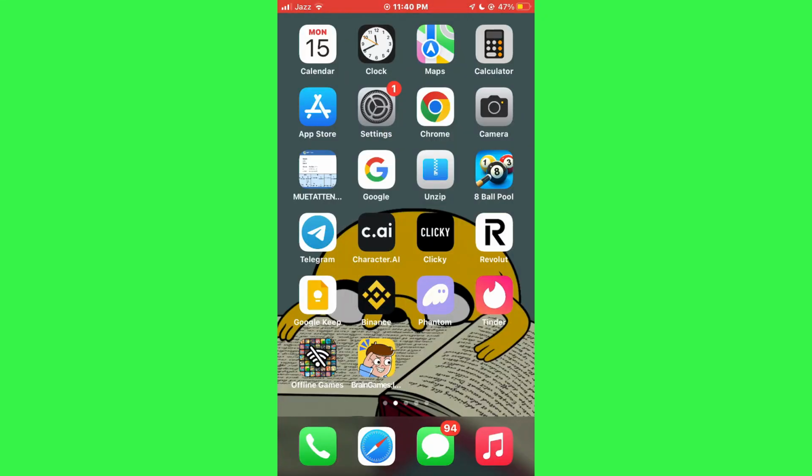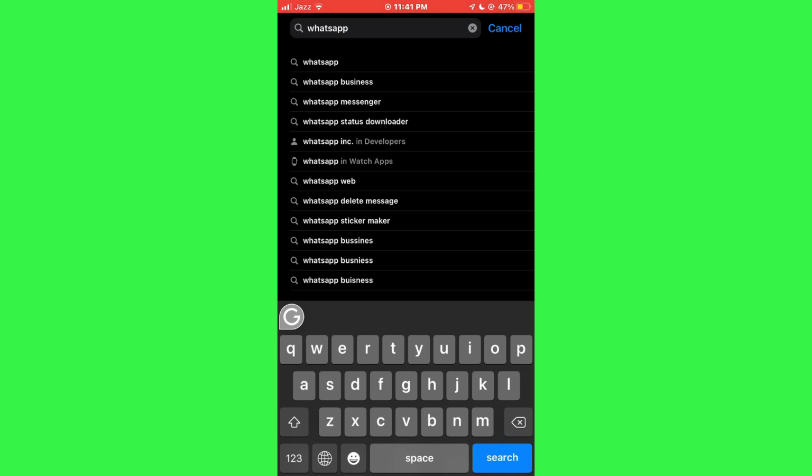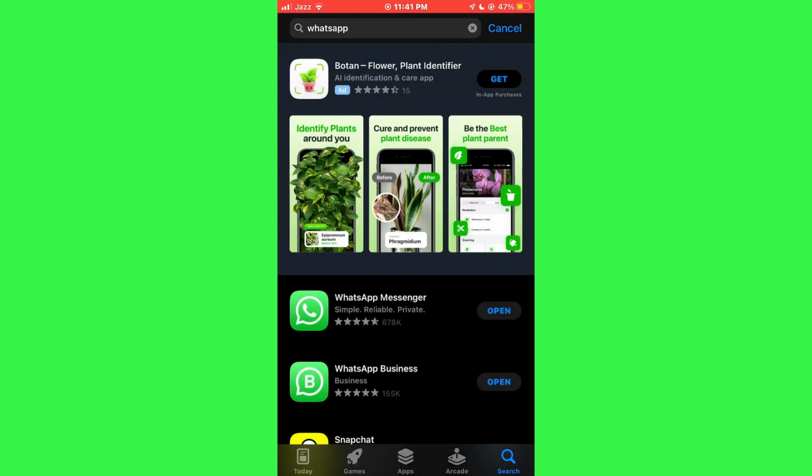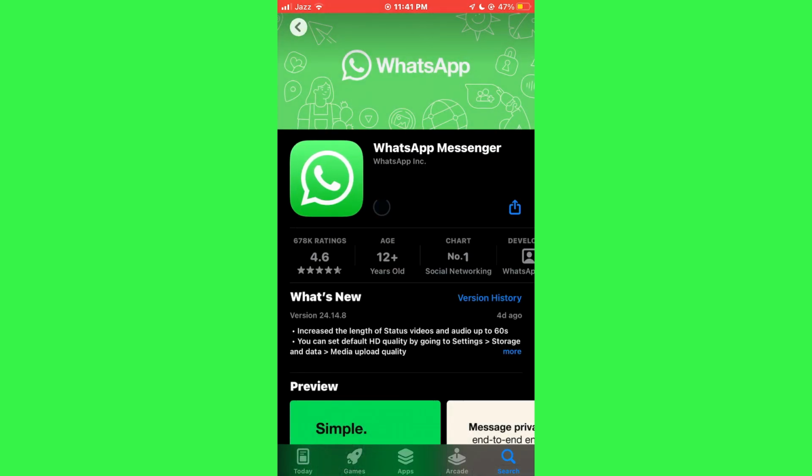First of all, make sure that you have the latest version of WhatsApp installed on your device, because having an outdated version could not give you one of the latest features, which is of course Meta AI. So do a quick search of the WhatsApp application on the App Store, and make sure as well that you have the latest version of this application installed. If you do have an update available, just go ahead and tap on update so that you could have its